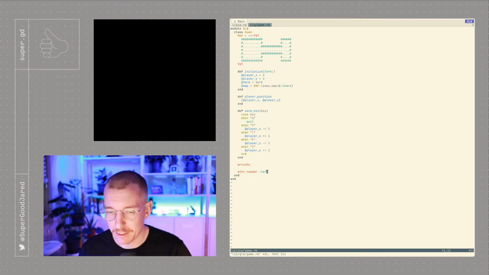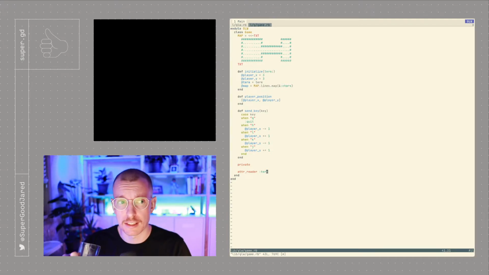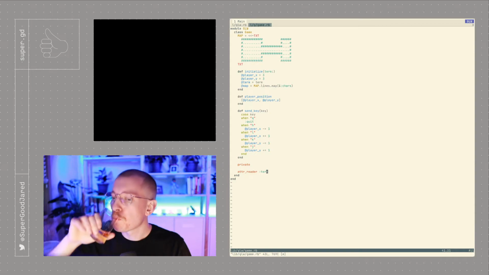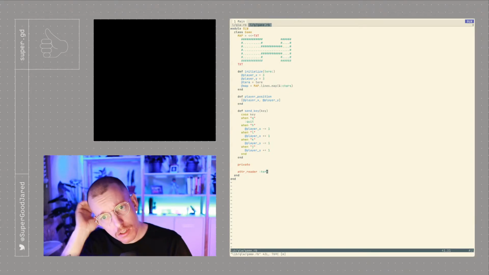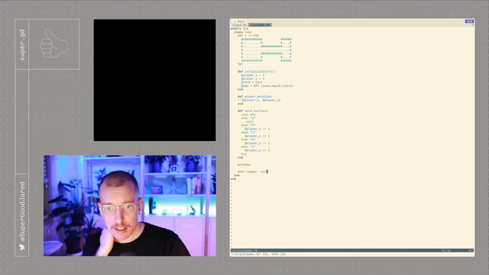It doesn't work with everything. For example, if you use delegates or something, that won't respect your visibility modifiers like private, but adder reader and adder accessor and adder writer all actually will create private methods if you place them after the private call. But delegates doesn't, unfortunately, or at least it didn't last I checked. So now we can